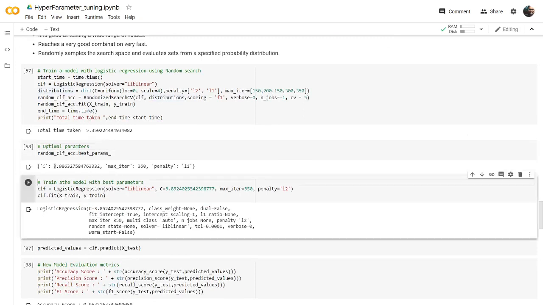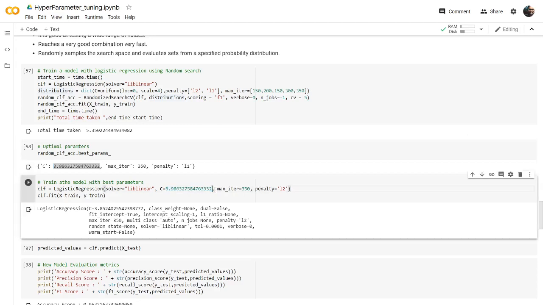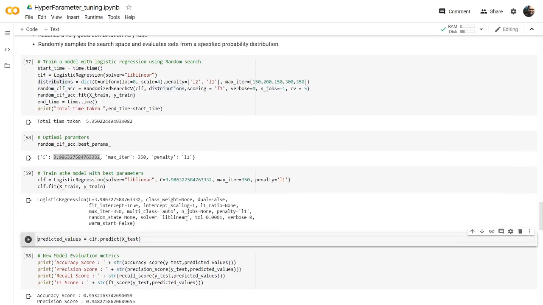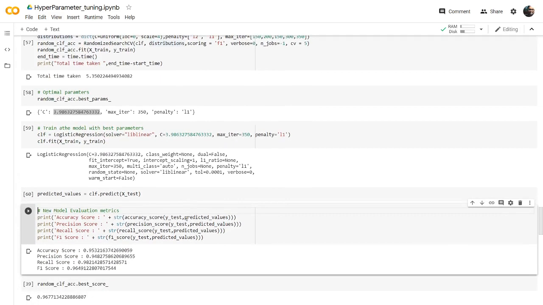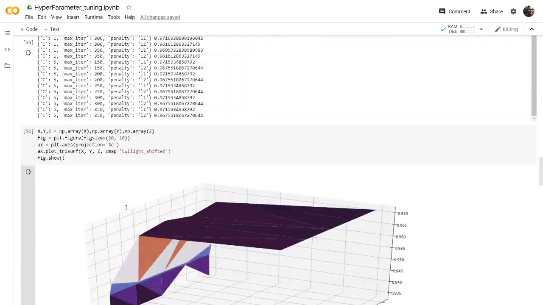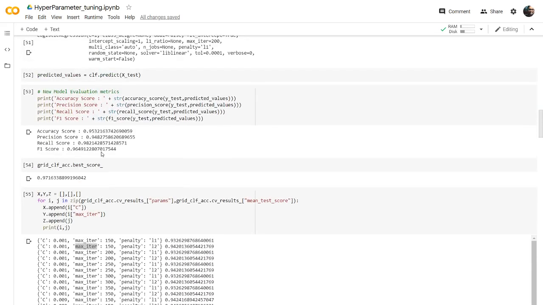You can see it found C as around 3.9, and max iter is 350, and it took an L1 regularizer here. So let's train the best model, predict the values, and also print the accuracy, precision and recall. You can see the F1 score here is around 0.96. It is around the same thing, 0.9649 something.